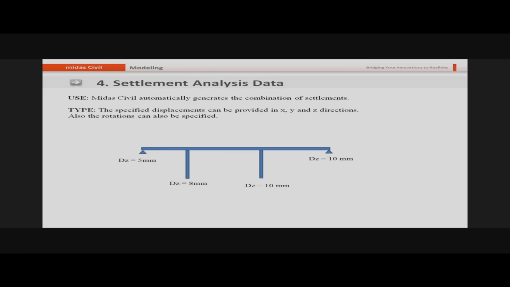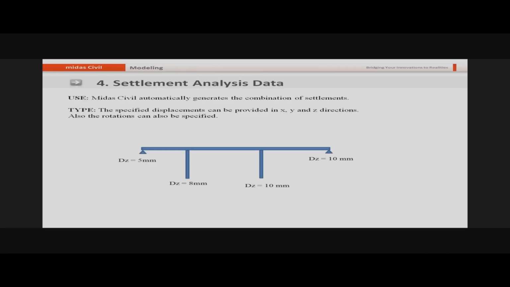For performing the automated settlement analysis in Midas Civil, you can assign the different settlements to different nodes and then you can perform the analysis. So here, as an example, let's say I have the 4 supports to this bridge and I expect the settlement of 5 millimeters at end A. In the piers, I expect the settlement of 8 and 10 millimeters, and on the right end, I expect a settlement of 10 millimeters. So what I can do, I can specify these settlements in the settlement analysis data, and